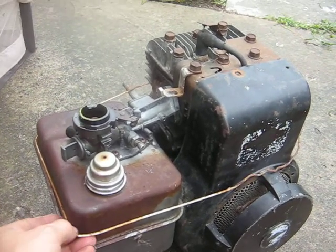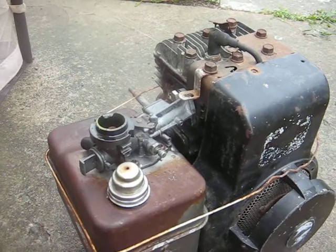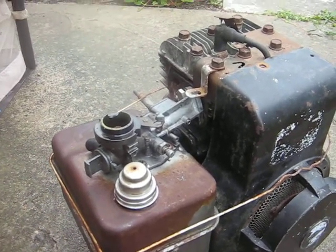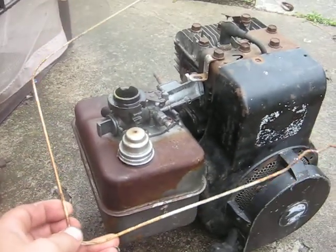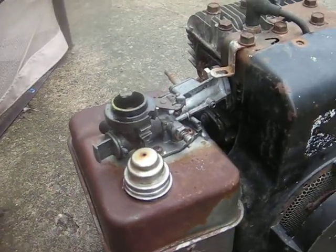Maybe they need to pay a visit to their friendly Briggs dealer a little more often, although I understand maybe it's a little ways away for them. But anyway, this engine here, like I say, I'm not really sure why they did this, but they wired the gas tank on around the engine. And another thing,